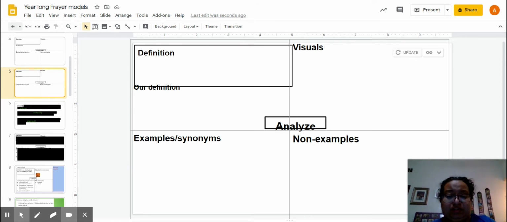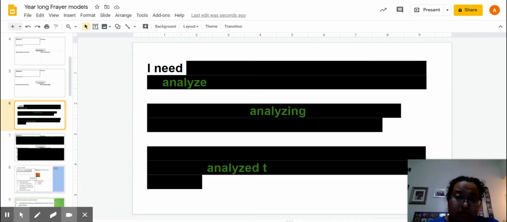Remember, it's not about if it's right or wrong. You don't need to go and look at a dictionary, and don't tell me the words that the dictionary says. Tell me what your brain is thinking. You will get credit for guessing. It doesn't matter if your guess turns out to be correct or incorrect.